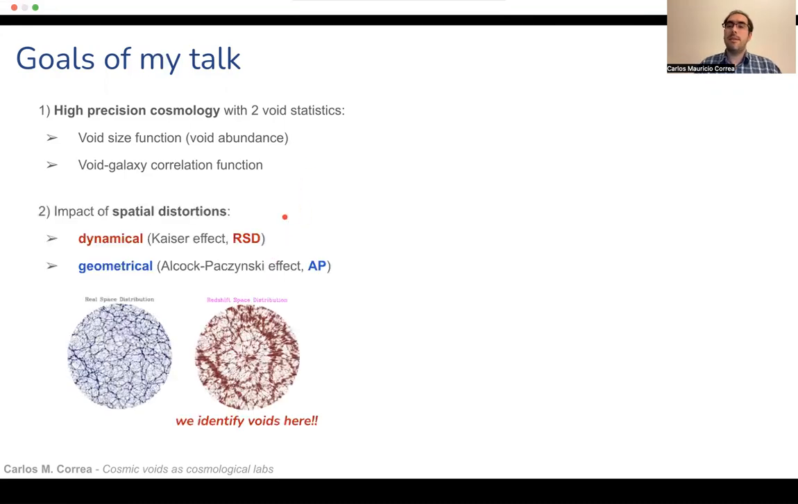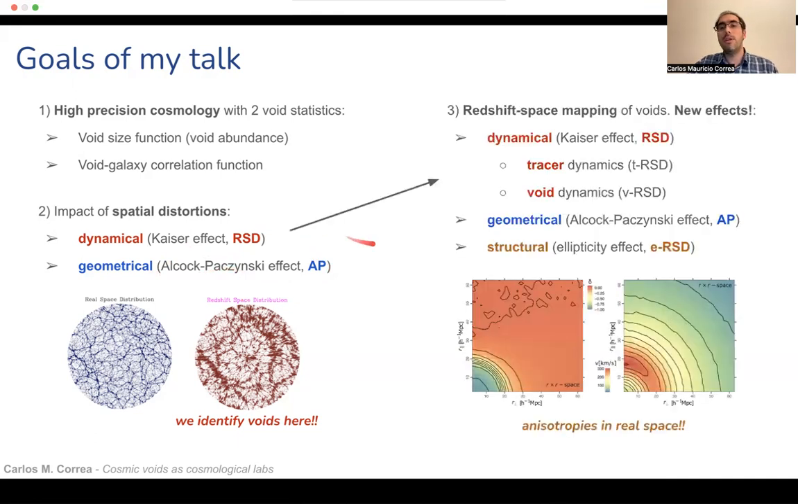Second, since we measure these statistics from the spatial distribution of galaxies, and given the precision achievable nowadays with modern spectroscopic surveys, a full description of the effects of spatial distortions is essential. Here in the case of voids, we have two main sources of distortions: dynamical distortions, the Kaiser effect, and geometrical distortions, the Alcock-Paczynski effect. In this talk, I will show you that